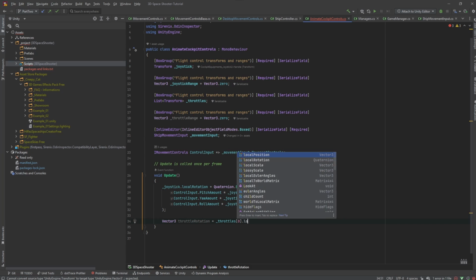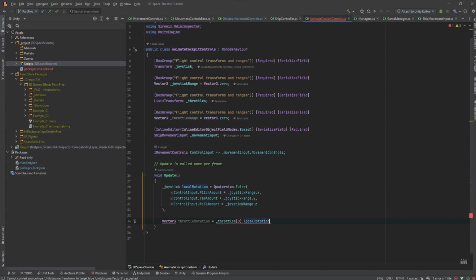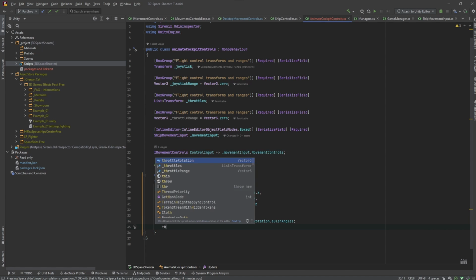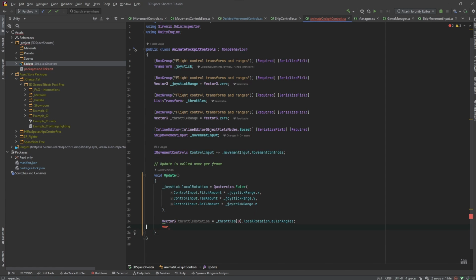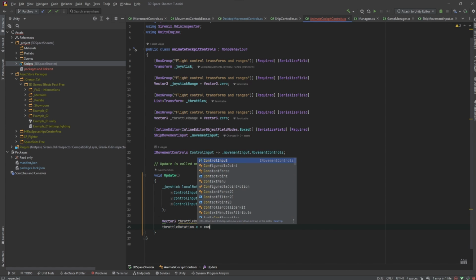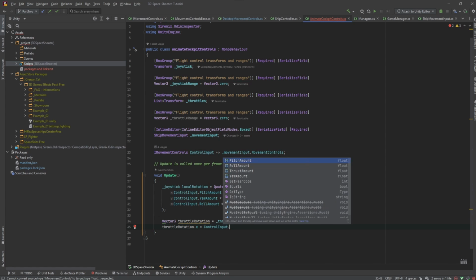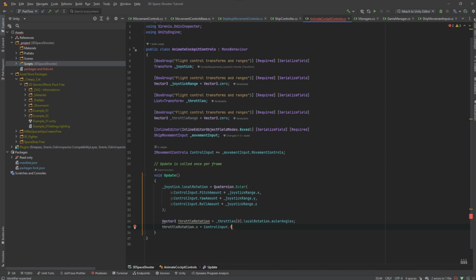And we're going to take its current local rotation. And we're going to convert it to Euler angles. So we're working with Euler angles. And then we're going to adjust that rotation on the x-axis. We're going to set it to control input dot thrust amount